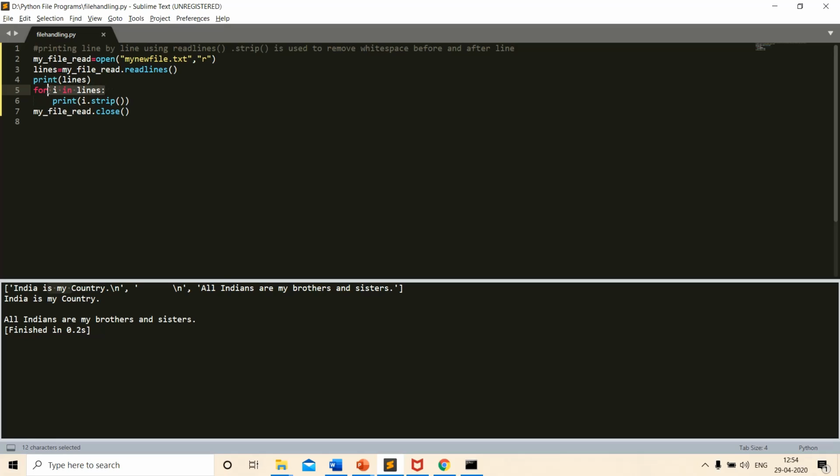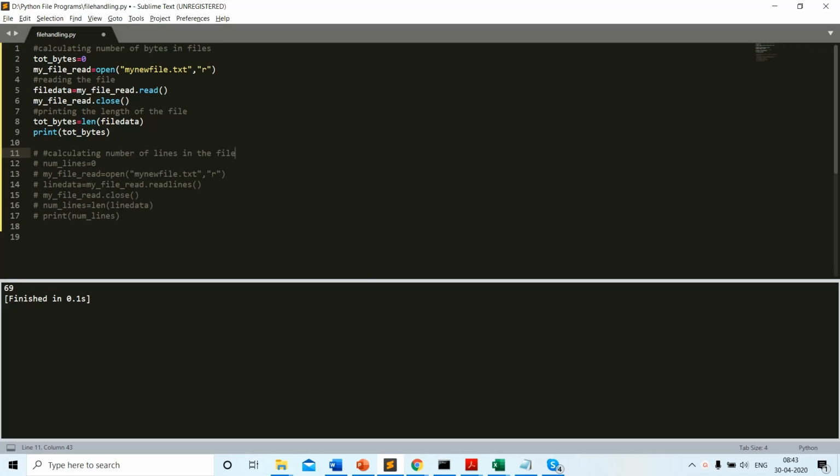I need a for loop, and in this for loop I will iterate over each and every element of the list here. Because lines is a list, I am iterating over each and every element of a list. So this is my output here. The logic which I have used, the strip, is the same, used for removing the additional new line which appears in the output as a result of this print statement. Okay, I hope it is clear now.